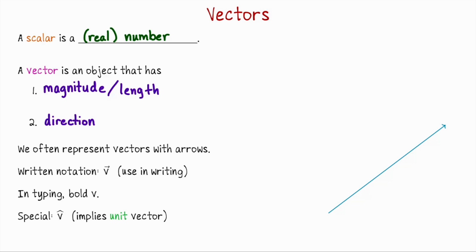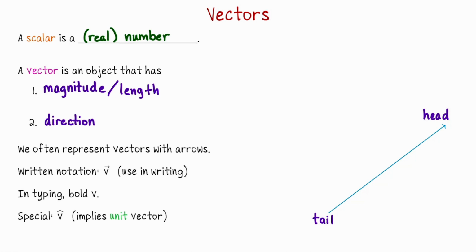We often represent vectors with arrows. If we look at this vector over here, its magnitude is however long it is, and its sense of direction is what looks like northeast, so it's pointing up and to the right. If we draw a vector with an arrow like this, we will sometimes distinguish between the head of the vector, which is where the vector is pointing, and the tail. So the sense of direction for this vector is from tail to head.